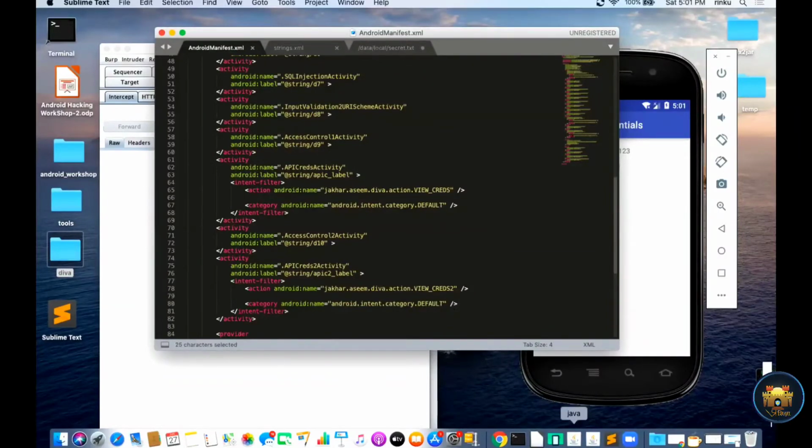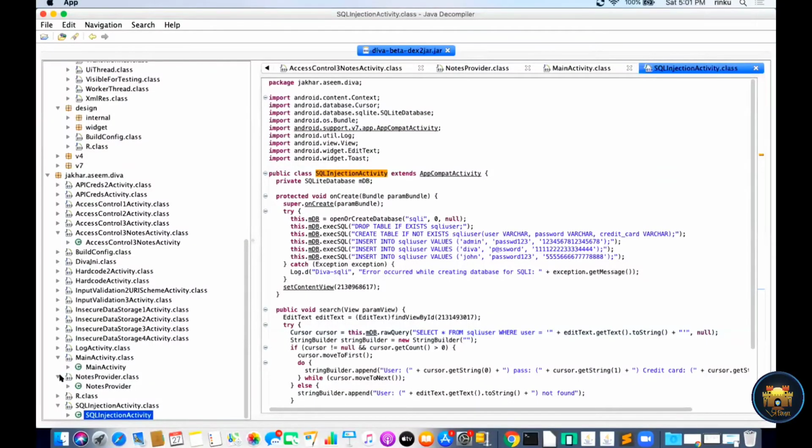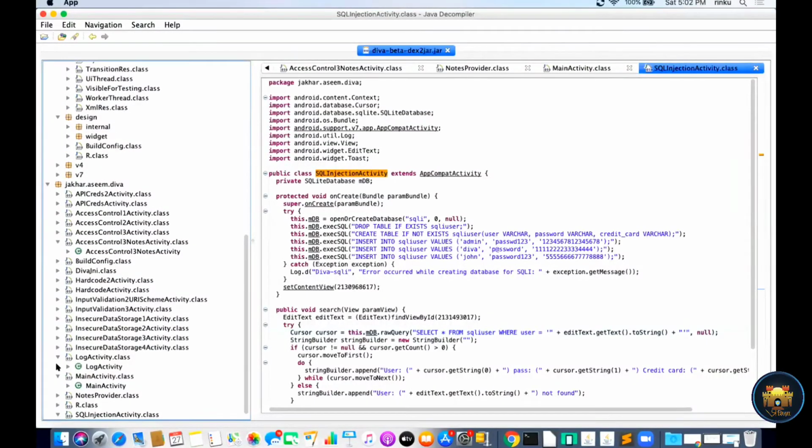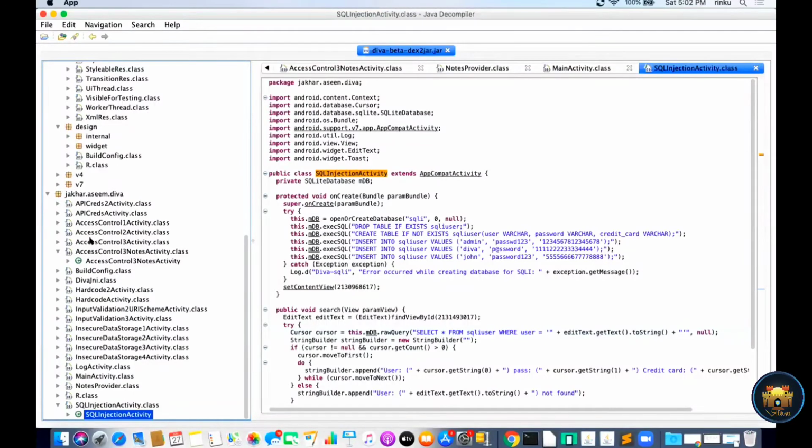So I open my source code and go to AccessControlActivity.class.